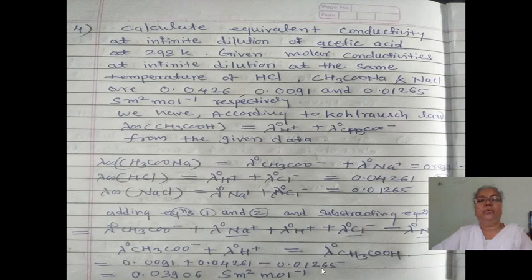And you have learned in the application of Kohlrausch's law how to determine the equivalent and molar conductivity at infinite dilution. Here, by knowing the molar conductivities at infinite dilution of certain strong electrolytes and adding some and subtracting some values, we can get the equivalent conductance or molar conductance at infinite dilution of a weak electrolyte. Remember well. And then the